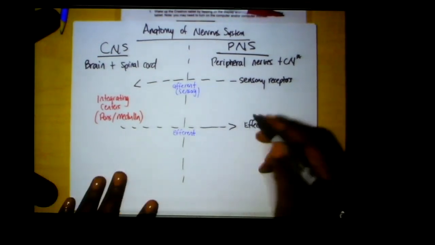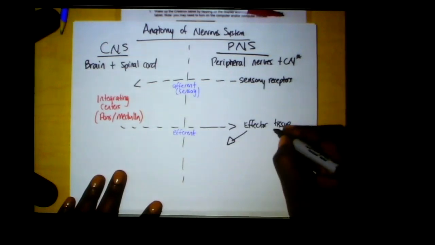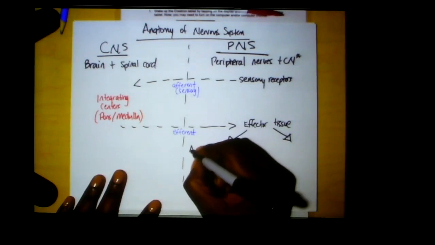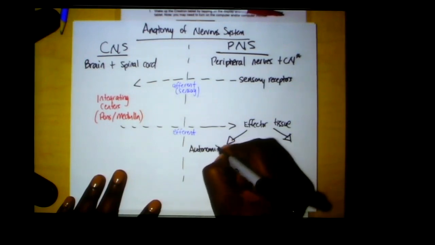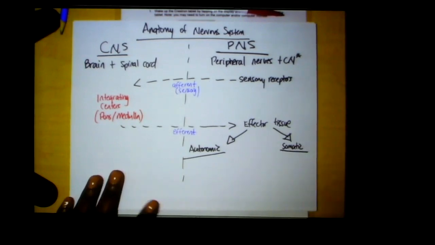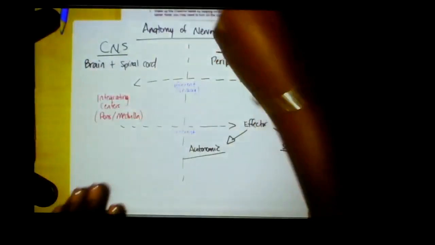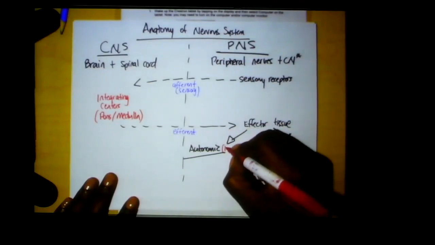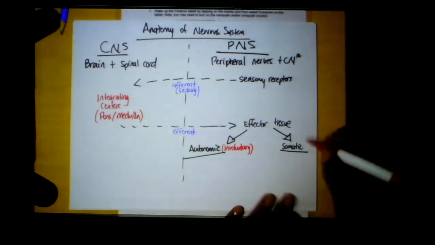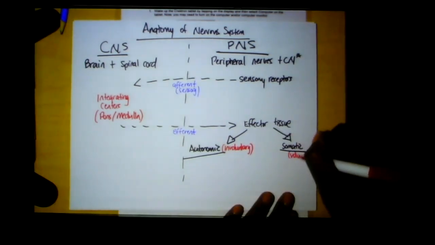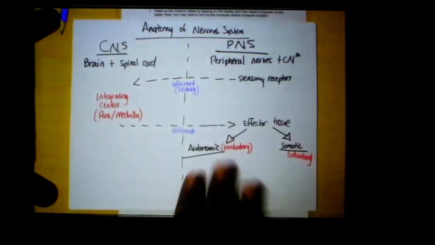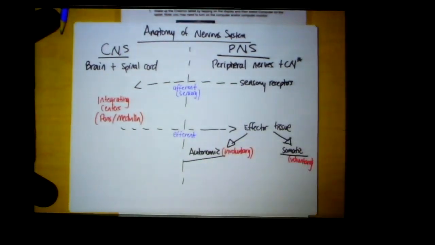The effect can be one of two types. This is what we're going to speak about coming up next, so this is kind of a preview. This can be an autonomic function or a somatic function. These are two types of effector responses. Autonomic is involuntary, meaning we don't control it, whereas somatic is voluntary. To be continued. We'll continue talking about the autonomic nervous system and then the somatic nervous system,